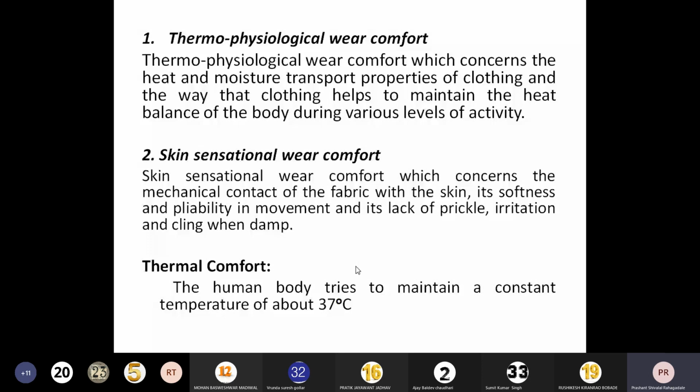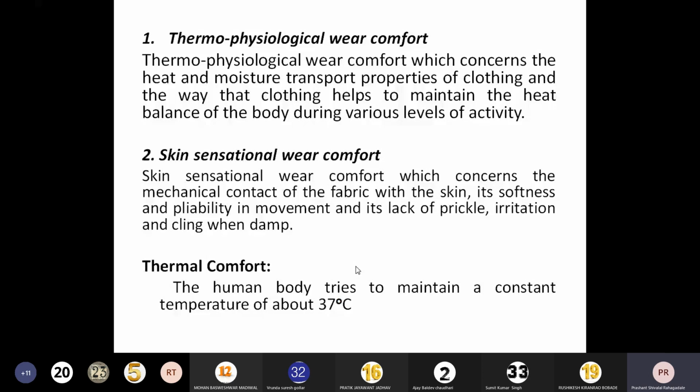Another is skin sensational wear comfort. Now, see, skin sensational means what? When you wear a fabric, it will directly come in contact with the skin. Okay, that means your body, your skin is in direct contact with the fabric, and this contact is a mechanical contact. Actually, it is a mechanical contact because it is touching our body. Okay, and now